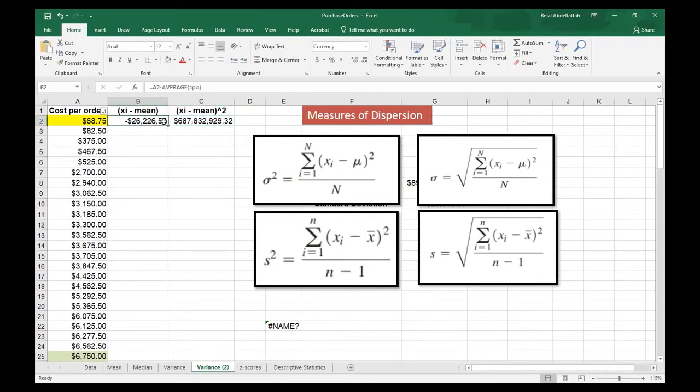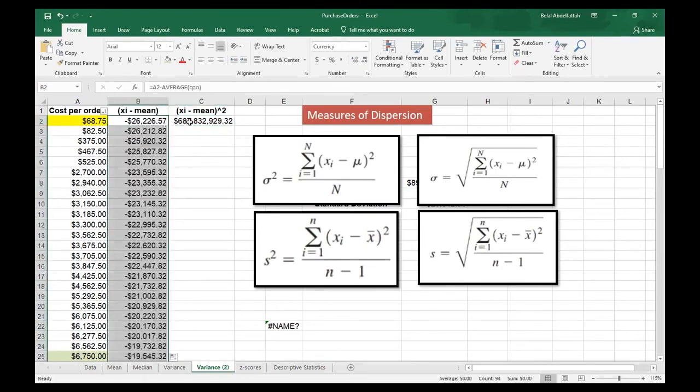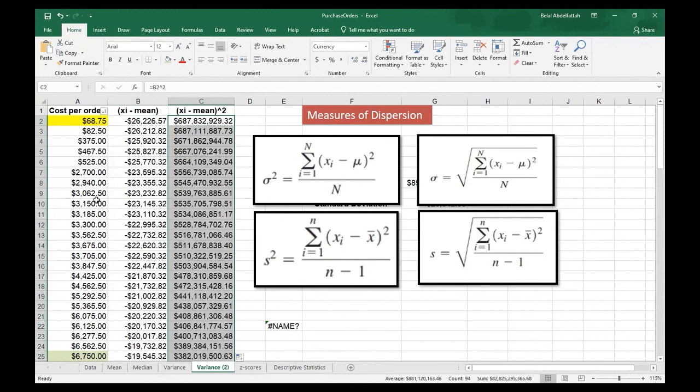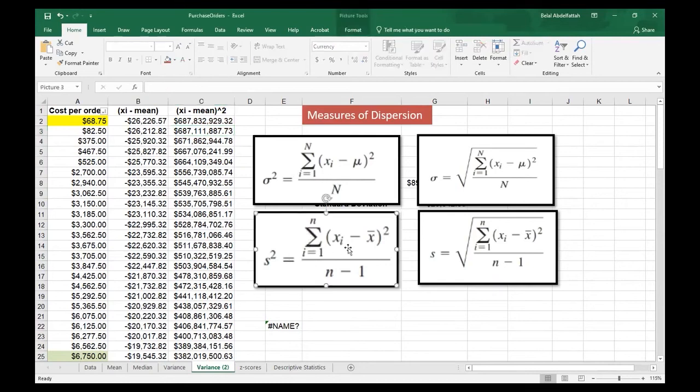So now I'll just go ahead and populate this. So I've taken care of the numerator part. And since we are dealing with a sample, I am focusing on this box right here. So I took care of the numerator where I'm getting the deviations squared. Now I need to sum up the results here. So I have to go down to this column because it's saying sum up all the deviations squared. And then once you sum up all the deviations squared, divide it by the sample size, which is that lowercase